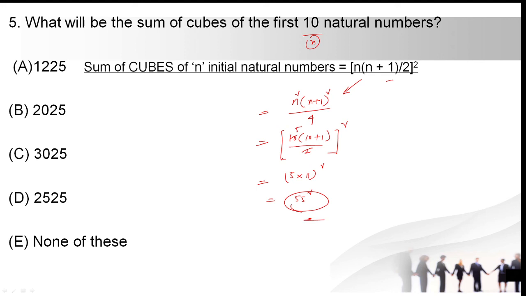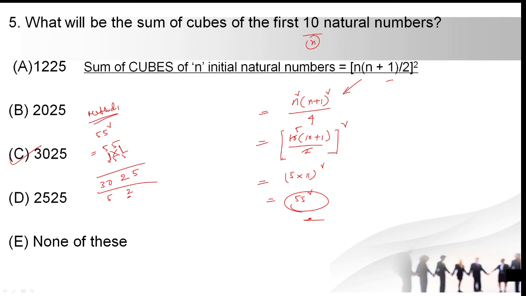Yes. So here, how to find 55 square? We can use one method, that is method 1. To find 55 square, that is 55 into 55. Multiply 5 and 5, you will get 25. So we write 5 and 2 becomes the carry. Then 5 5s and 5 5s: 25 plus 25 is 50, add the carry 2, that becomes 52, and 5 becomes the carry. In the third step, multiply 5 5s. 5 5s are 25 plus 5, that becomes 30, so 3025.